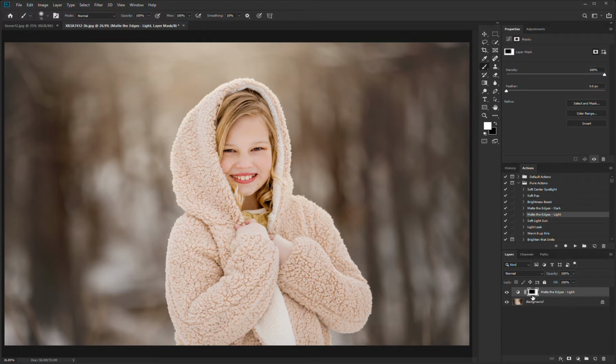The white part is where it has applied the effect, and the black part is where it has not applied the effect. So I am going to use a black brush, and I want to make sure it's not on my subject. So I'm going to paint off of her because I do not want that light matte on her. But it looks like it needs a little bit more over here, so I'm going to use a white brush,